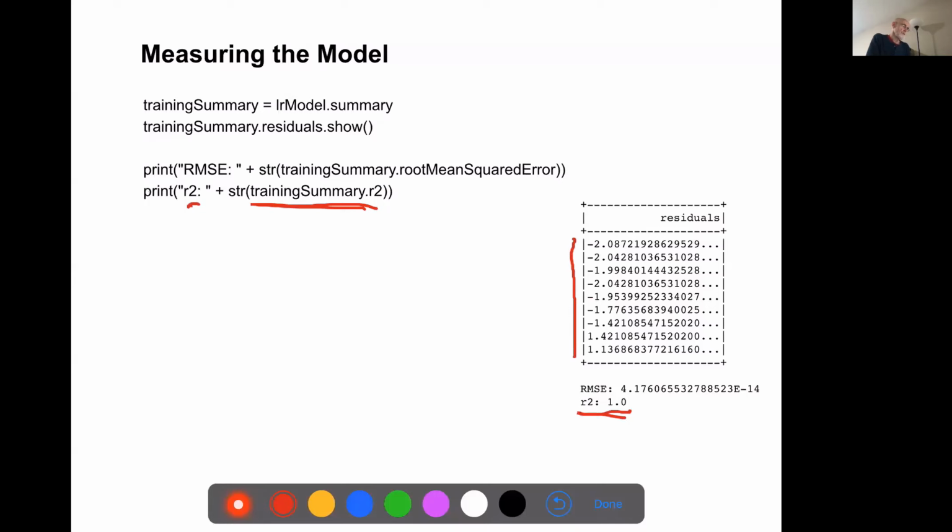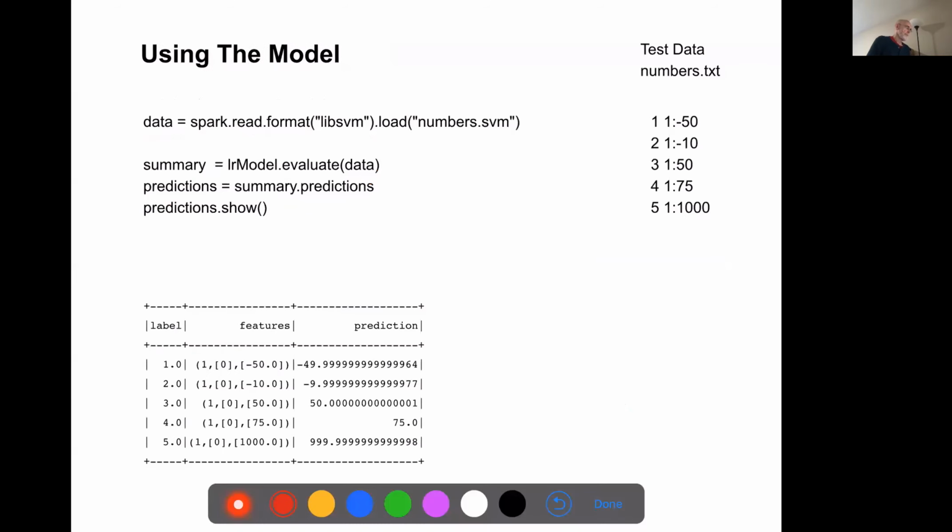And residuals bounce around a bit, but they're not too bad. Now, what remains for us to do is to actually look at some actual data and use our model to fit it.